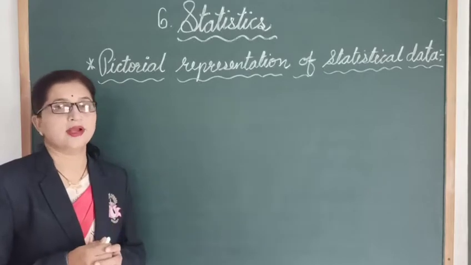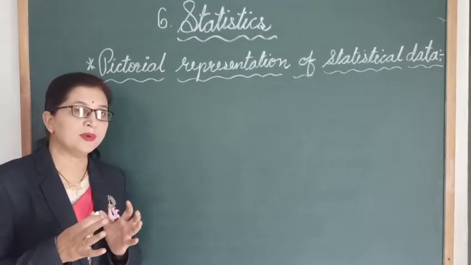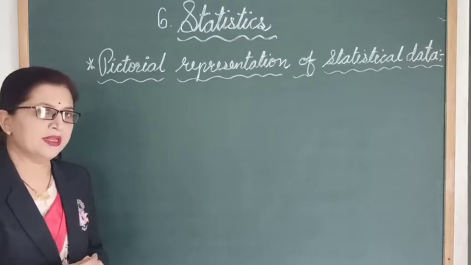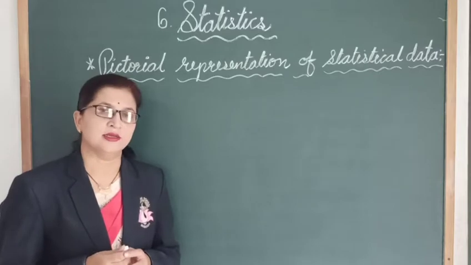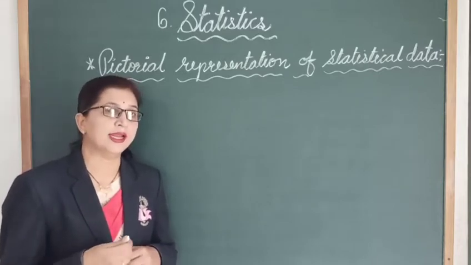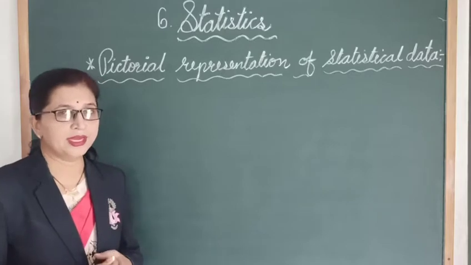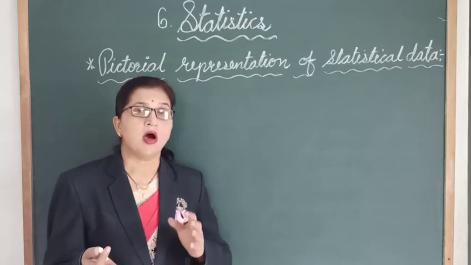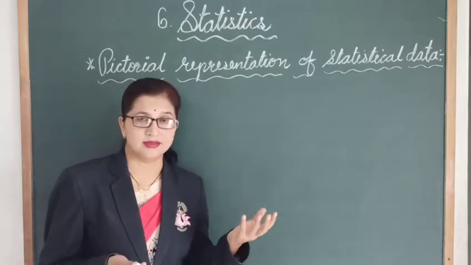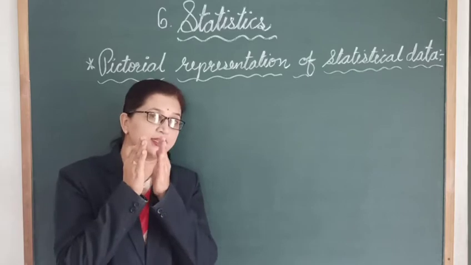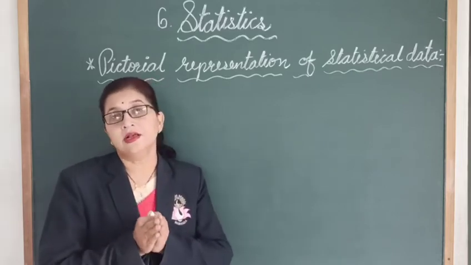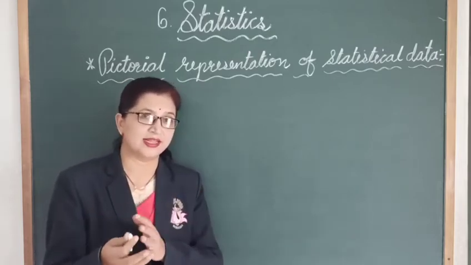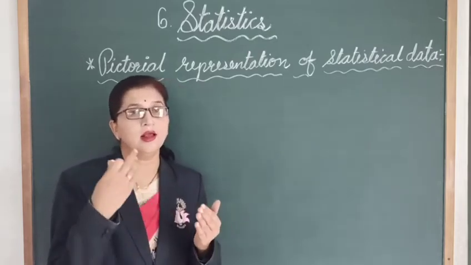Dear students, it's quite easy to understand the given numerical data in the form of pictures. Okay? So, let's take an example. Suppose in a cricket match, the runs scored by the 8 players are given. And if you want to know which player had scored more runs or which player had scored less runs, for that we have to check the runs made by each player very carefully. And by observing all the numbers we decide who had scored more and who had scored less.